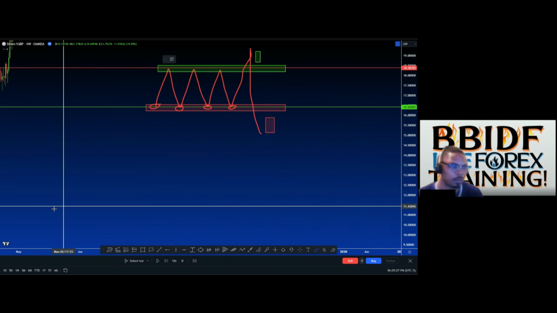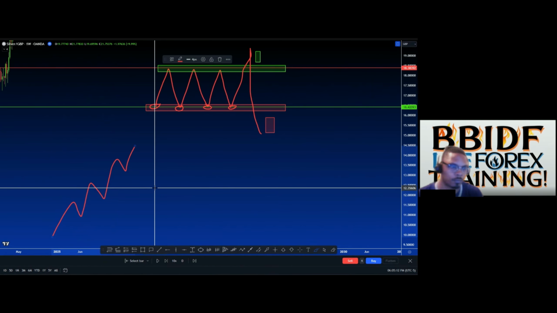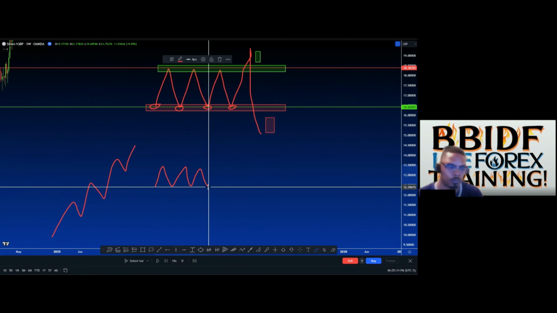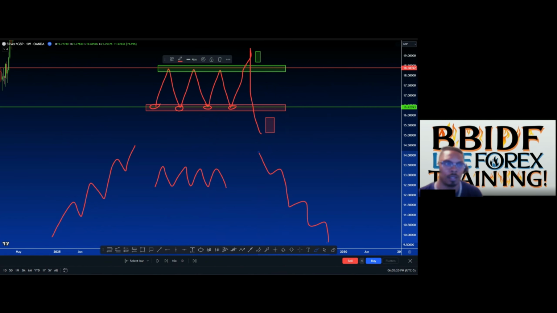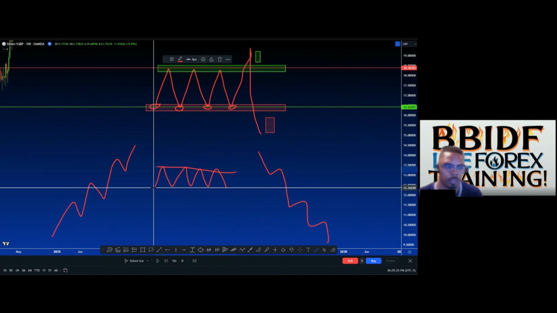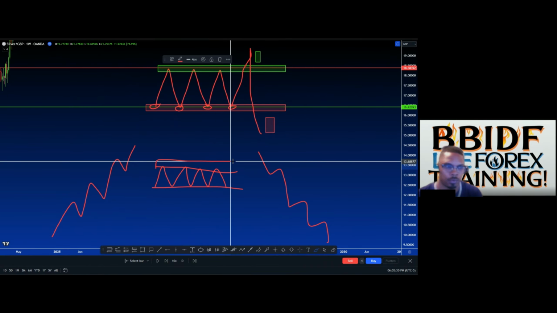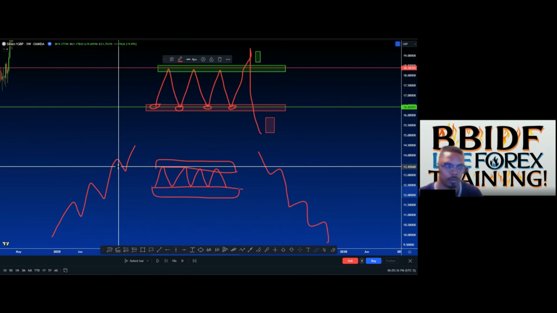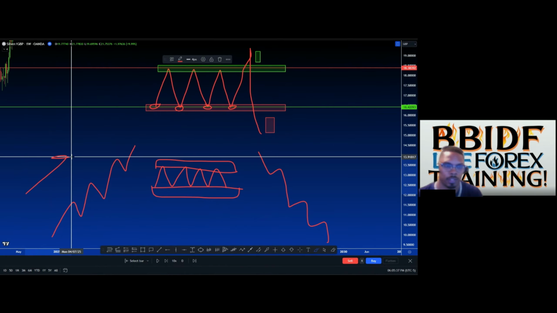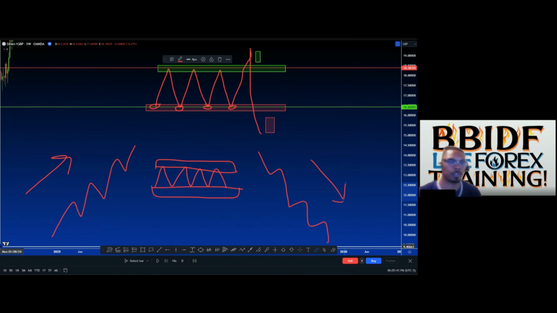You're going to get uptrend. You're going to get consolidation. And you're going to get downtrend. Okay, guys, this is consolidation where you just got a level. Again, we can just do it with a line, but we know that it really is a zone. And then you got your uptrend, and then you got your downtrend. These are the only three phases of the market you guys are ever going to get.